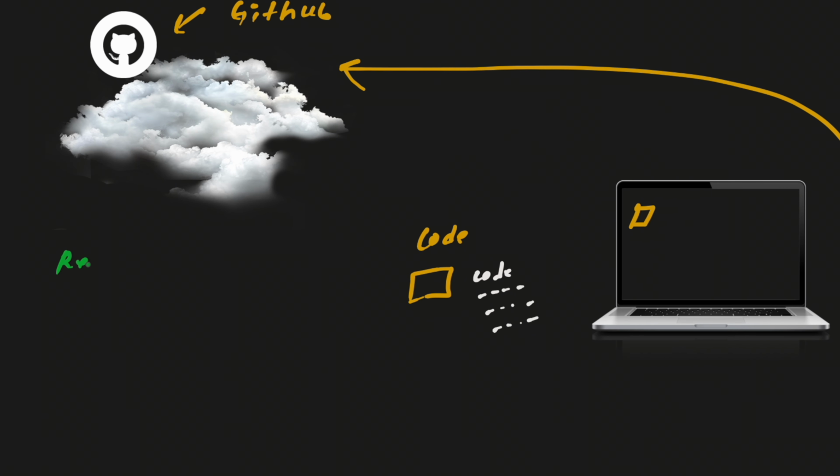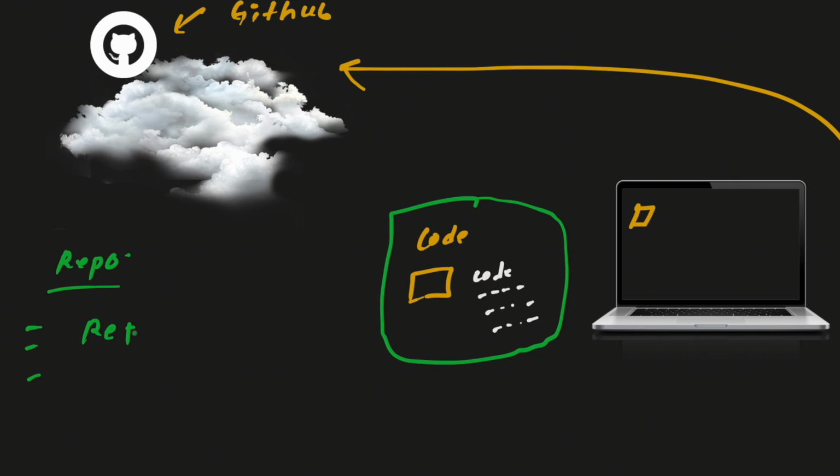But here in the cloud, there are some repositories. There are different repos that we can create. For example, for this whole code and files, I can call it repo1 as a repository. Now let us assume one circumstance that this file or this code has already been uploaded in the cloud,